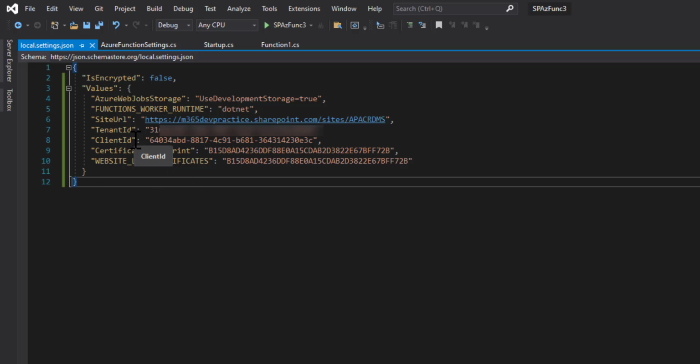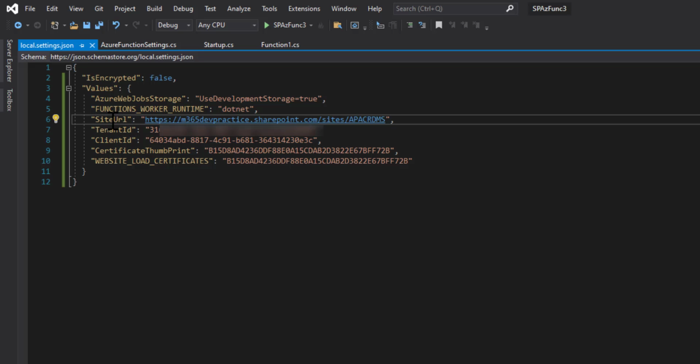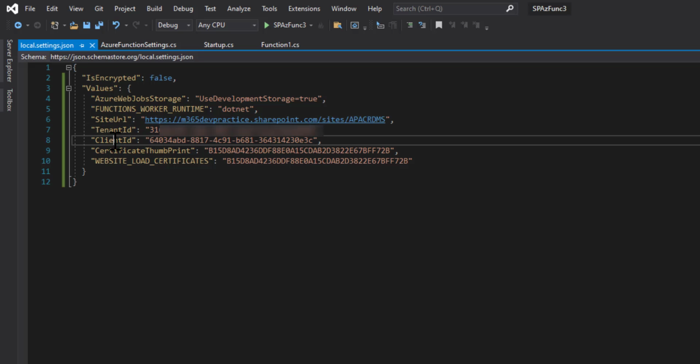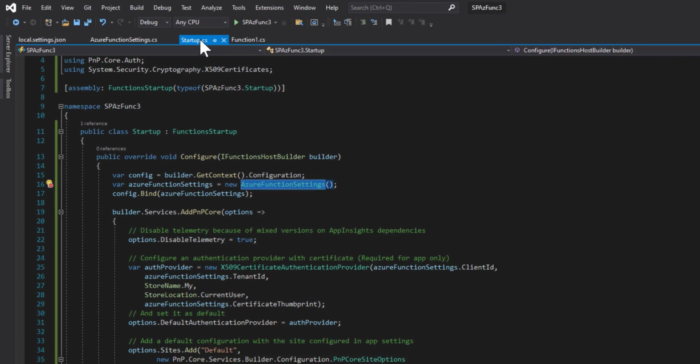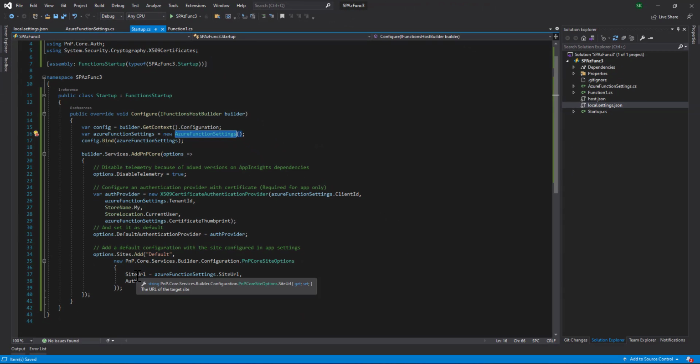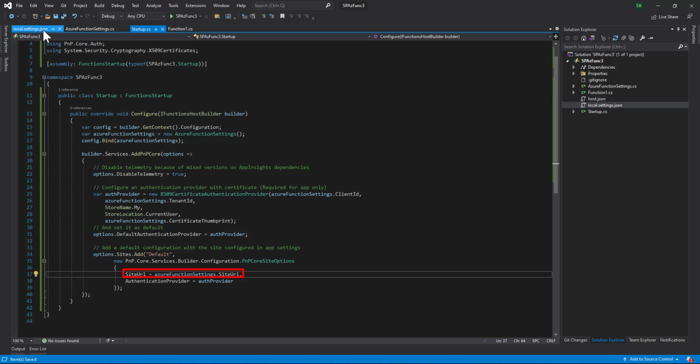So these are all the settings which we will be using: the site URL, tenant ID, and client ID, which we can receive from the app registration, and certificate thumbprint and website load certificates, both referring to the certificate thumbprint which we already have. If you see in the startup, this is the site URL, so this site URL is mapped. On the function API, we will use this default parameter to get the function to communicate with SharePoint.